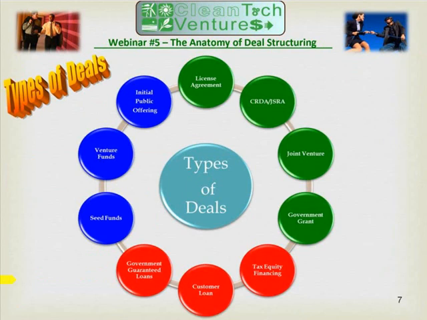There really are a surprising number of deals that can be put together. We've clustered them into 3 colors. The green color focuses upon licensing, collaborations, government grants, the kinds of things where the intellectual property ownership is important in the deal, and there will be some element of a licensing agreement associated with all contractual arrangements that are developed. The red buttons are transactions which involve government loan guarantees, as well as customer loans and tax equity financing.